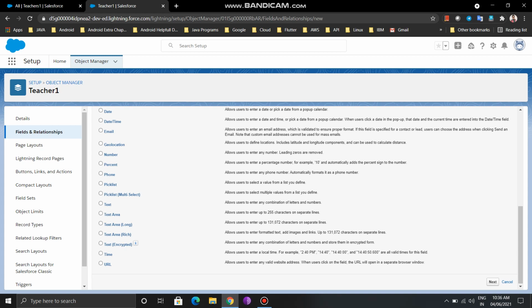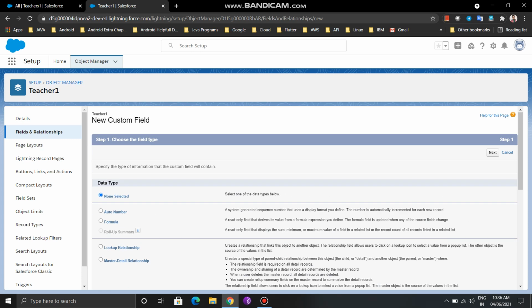And when we need to add an address field, at that time we use text area. And for time, like 8 a.m. or 9 a.m., you should use the time field. And for showing any URL, we can use the URL data type. So these are all the data types here, and you will use them according to your need.